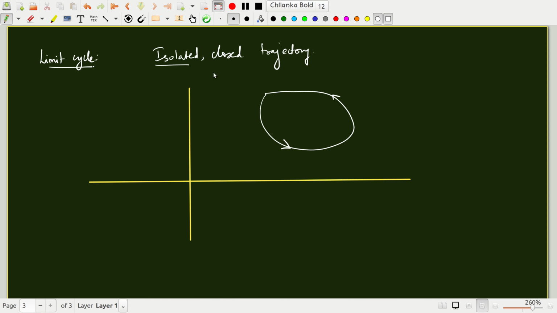This is an isolated trajectory because the neighboring trajectories are not closed. The neighboring trajectories, if they come close to this, will join the limit cycle. And if you come from inside also, you will spiral out and then join the limit cycle. This is called a stable limit cycle,